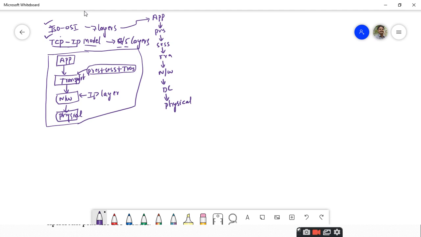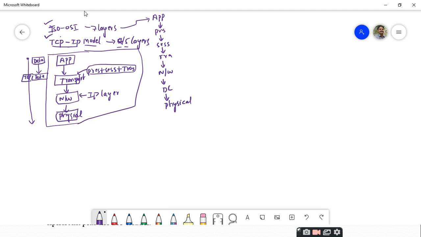So keeping this in mind, as I told you, at the sender side the data is going to be transmitted from the application layer down to the physical layer. And when the data is transmitted from one layer to another layer, each layer is going to add its extra information in the form of headers. So we have some data that is submitted by an application, and this data is transmitted to the transport layer, which does some processing and adds a header part here.